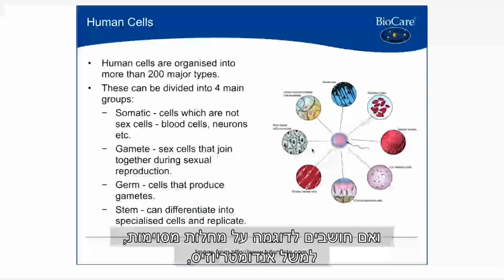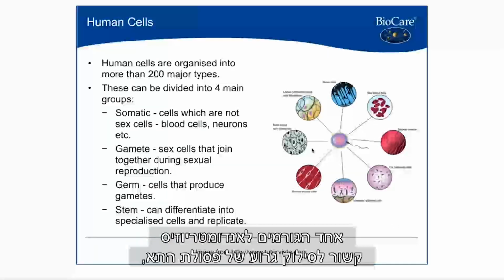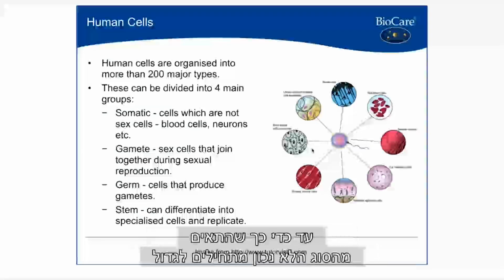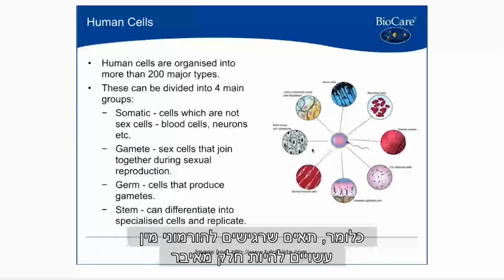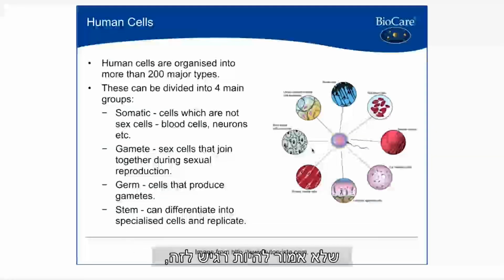And if you think about certain diseases like endometriosis, one of the theories behind endometriosis is related to cellular waste removal, to the point that the wrong type of cell actually starts to grow in the wrong